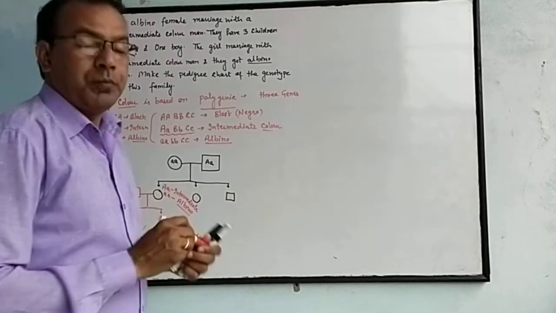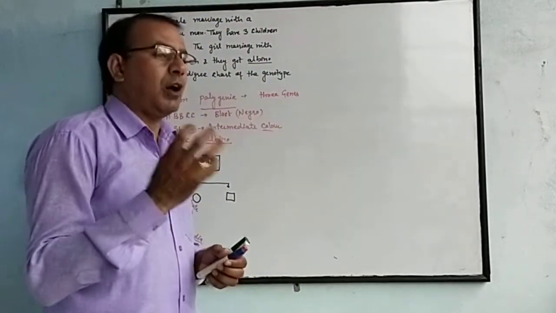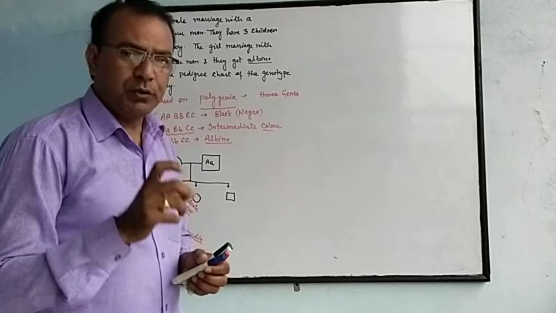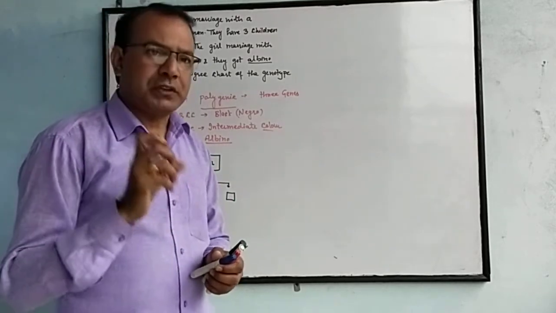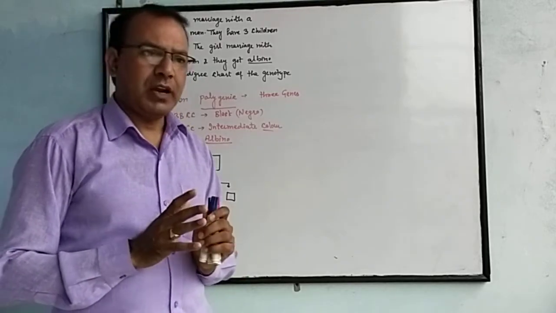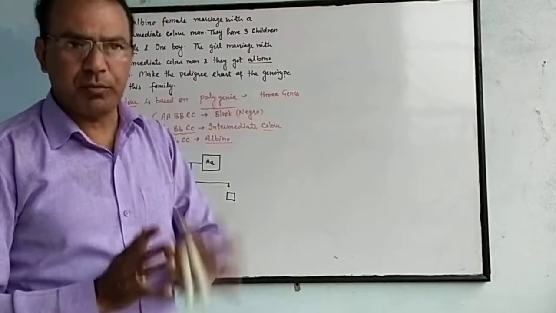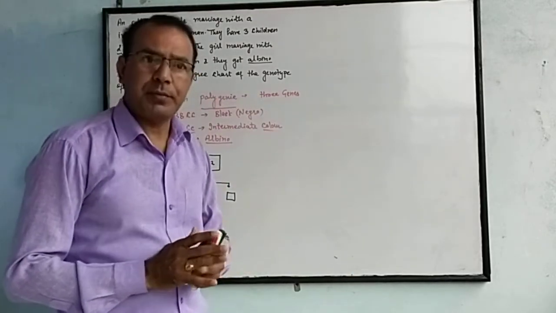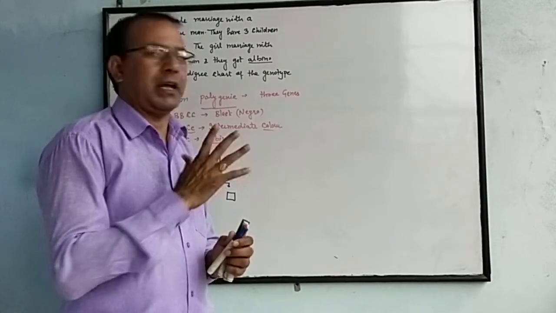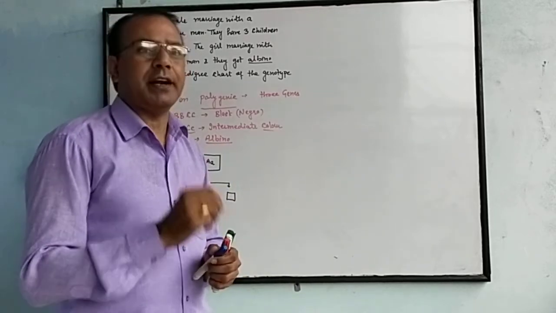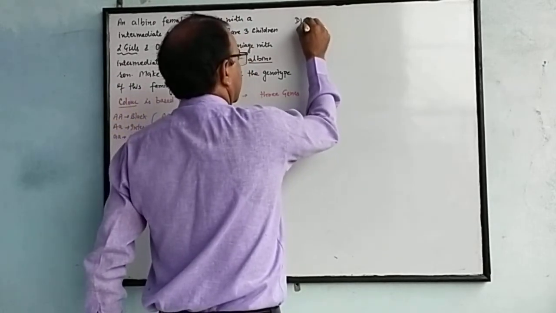Clear? Now, Mendelian disorders. We know that there are disorders. How can disorders be produced? We know that in every organism, each and every character or feature is controlled by genes, and if any disturbance occurs in genes as well as in chromosomes, then some disorder may be produced. So according to your NCERT book, there are two types of disorders: Mendelian disorders and chromosomal disorders.